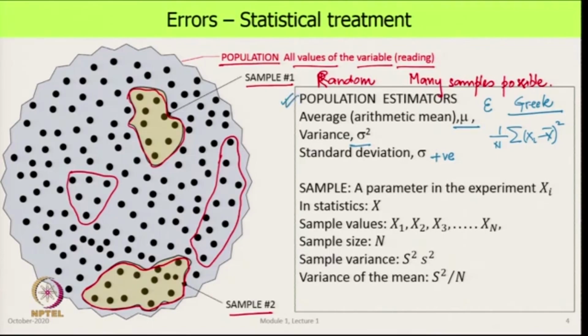Now, we ask, what does my sample give me? And that is where this comes in. First, we define that the parameter in both these cases, we call it x subscript i. i denotes the ith parameter, which is in our case in experiments, you will have x 1, x 2, like that. Each one of these is one individual independent measurement. In statistics, it is just called a number. For us, it is more specific, it is a measurement or a reading that comes from a particular instrument, and we denote this by x subscript i.